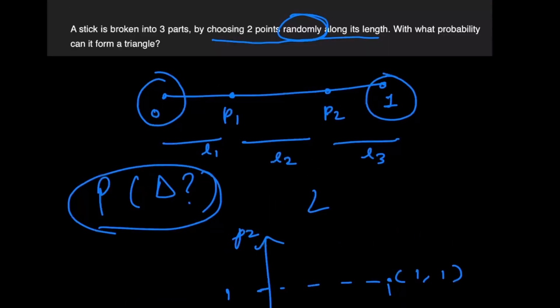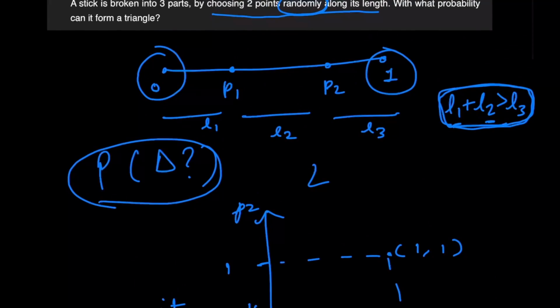Now, first of all, what is usually the constraint when we're dealing with the possibility of three lengths forming a triangle? Well, it's that any two values, say L1 plus L2, has to be greater than L3. You could have L2 and L3 over here, L1 and L3 over here, or L1 and L2 as given. But basically, the sum of any two lengths should be greater than the third, right? So now the question becomes, how do you convert this constraint on the lengths into a constraint on P1 and P2? Well,